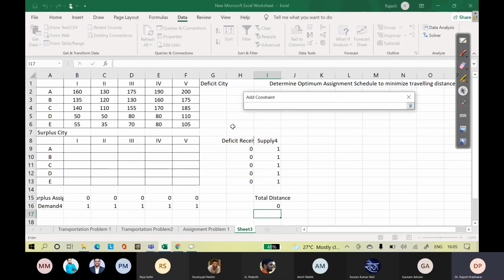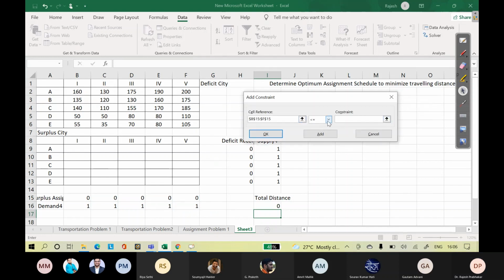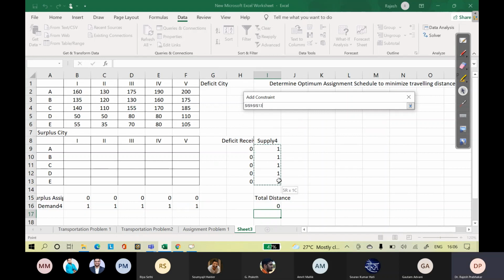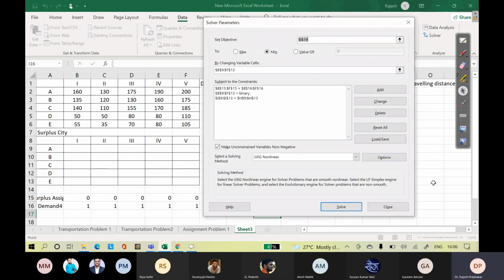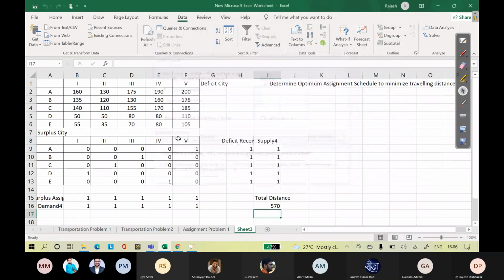Add cell reference equal to this. Add cell reference equal to this. Okay. Simplex LP, solve. Okay, 570.